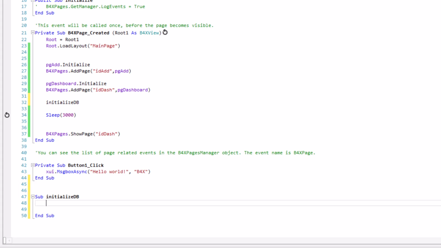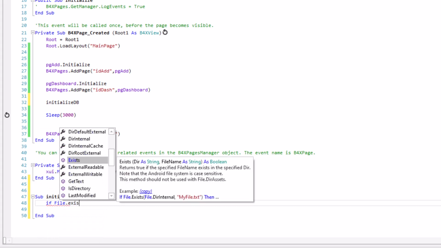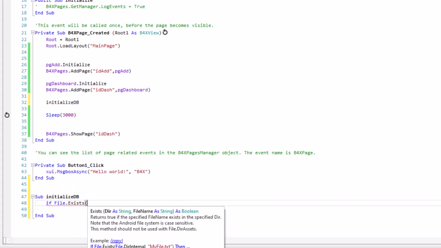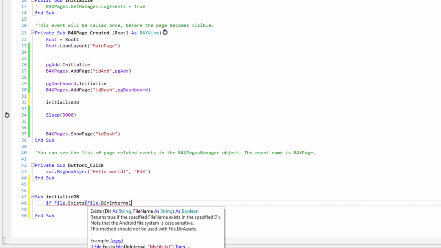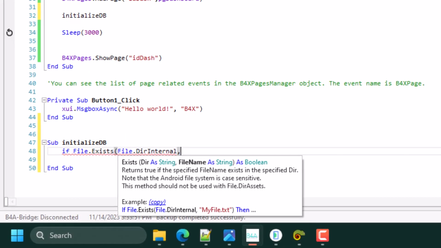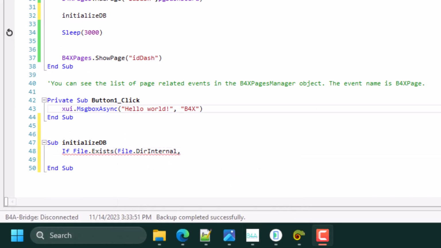So if File.Exists, File.DirInternal. Okay, since it's a B4XUI project, let's change it to XUI.DefaultFolder.